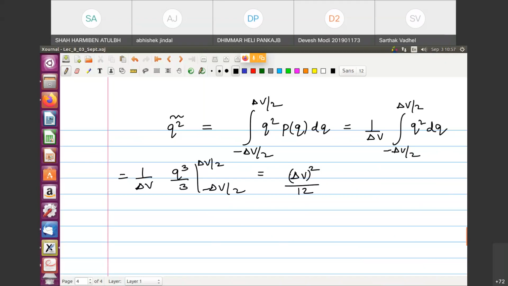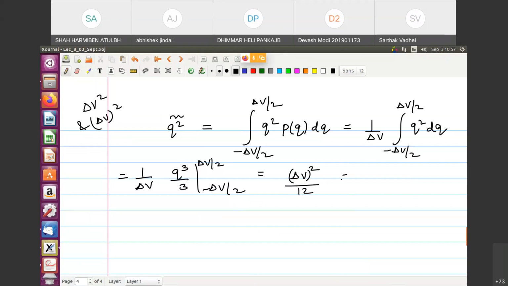So there is a difference between delta of V square and delta V whole square. Okay, so there you have to be cautious. Delta of V square and delta V whole square are different things. Delta of V square can simply mean V1 square minus V2 square, but delta V whole square means V1 minus V2 whole square. So that's why I am putting these curly braces.